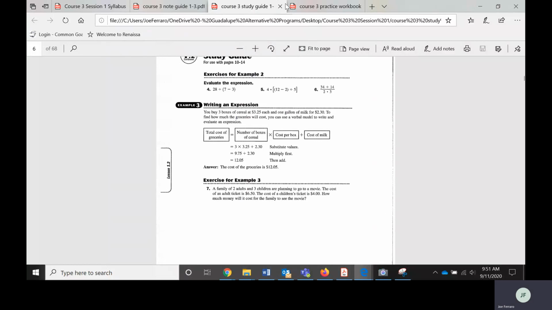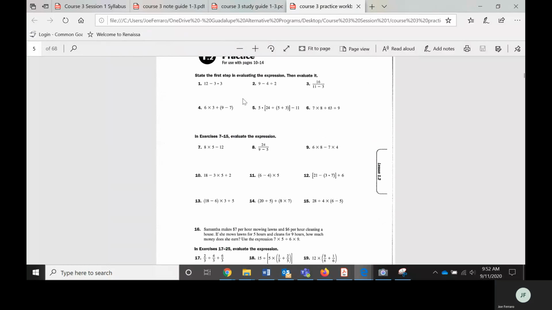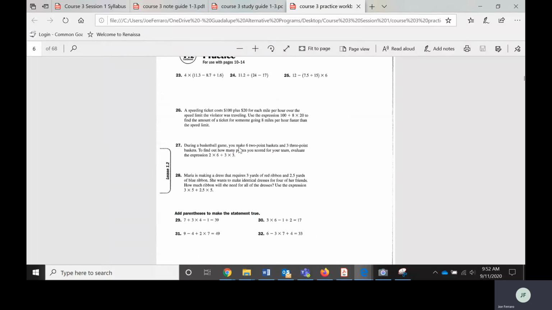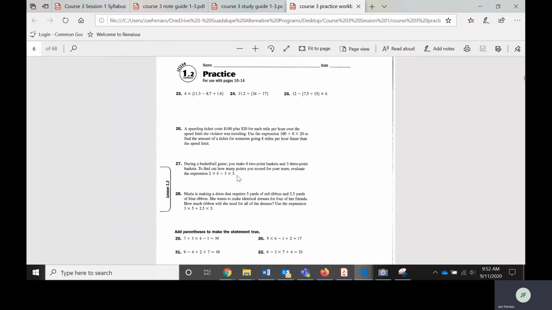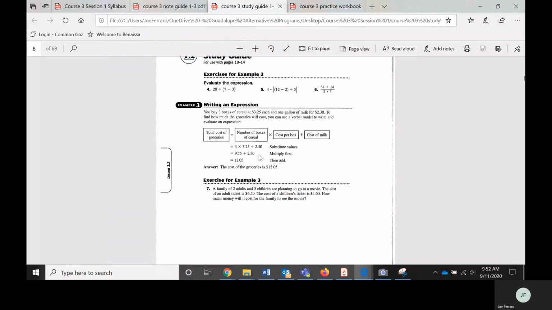If you think you need more practice, you go to 1.2 and you can do the problems, and all the problems will get you extra credit points. You have to do at least half the problems for me to give you some extra credit points. So if you did the odds or the evens and all the word problems, that'll get you more. I suggest trying the word problems because you may have a word problem or two on the test. I'm actually going to go over, before we finish here, this one on the study guide,